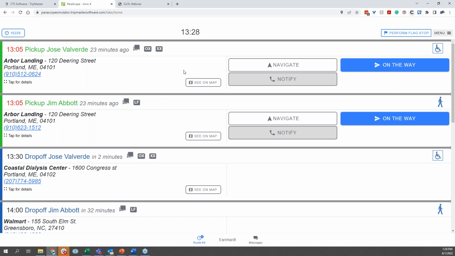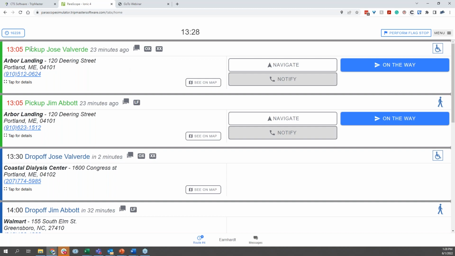And so what we actually found, funnily, is that the older drivers tend to pay attention when you train them on how to use this, and they do really well. And sometimes the 20-year-olds assume that they knew how to use the app before they downloaded it and didn't pay attention to the training, and they're the ones that sometimes you have to go back to.